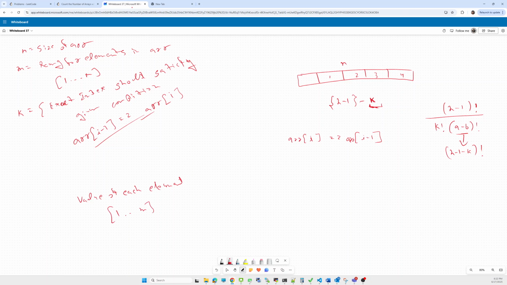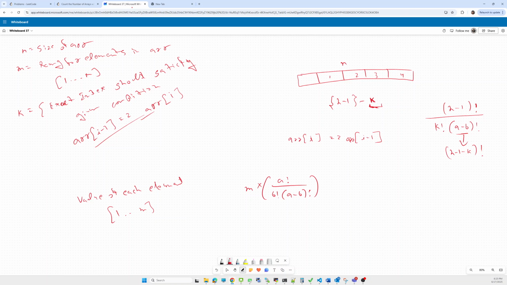So for each value there are multiple combinations. For each combination there will be m ways. So it will be m times a factorial by b factorial times a minus b factorial.